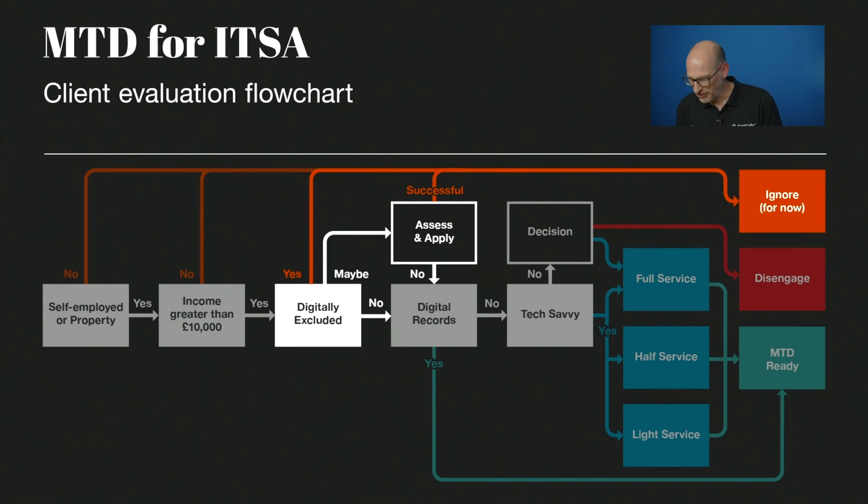Yeah, but again, just before I do, I just want to pick up on a couple of questions that have come in. So one question is: is dividend income included in the 10K threshold for directors? No, it isn't. You can ignore any other forms of income. It's only income from self-employment and property that factors into that. If you've got jointly owned property, then it's only that individual's share of the total revenue that comes into the equation.